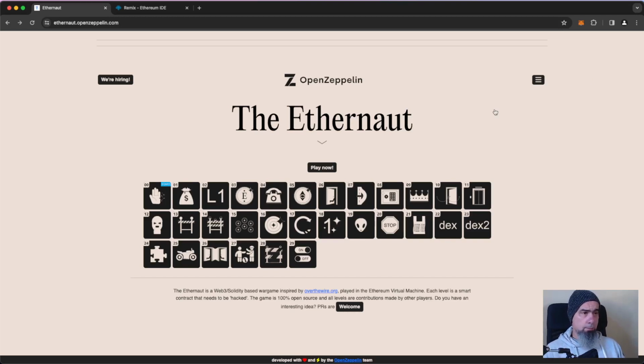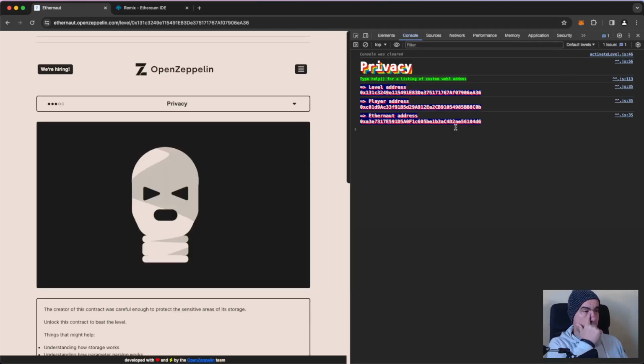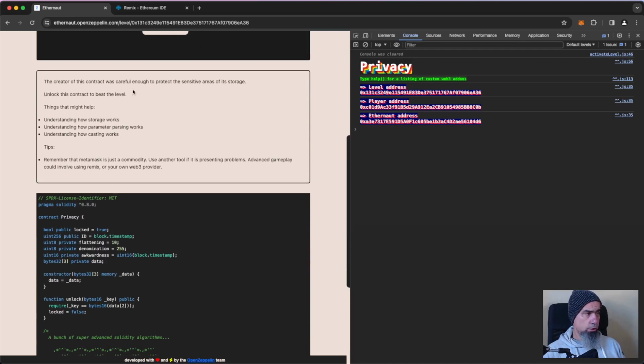Okay, so in this challenge, what we need to do is choose challenge number 12 and open our console. And there we are. We have our challenge ready for us to play with, right? So what do we need to do in this challenge? We need to unlock the contract. The contract is locked, and there is some private data in it. And they say that the creator of this contract was careful enough, was he, to protect sensitive areas of its